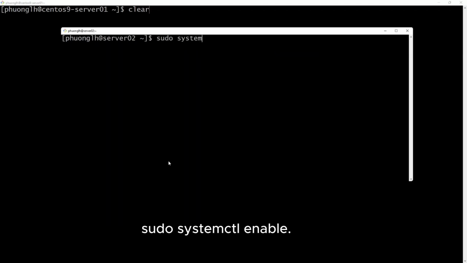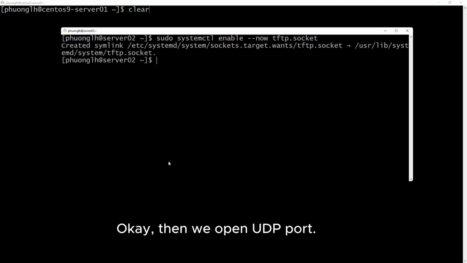Sudo systemctl enable --now tftp.socket. Enter. Okay.